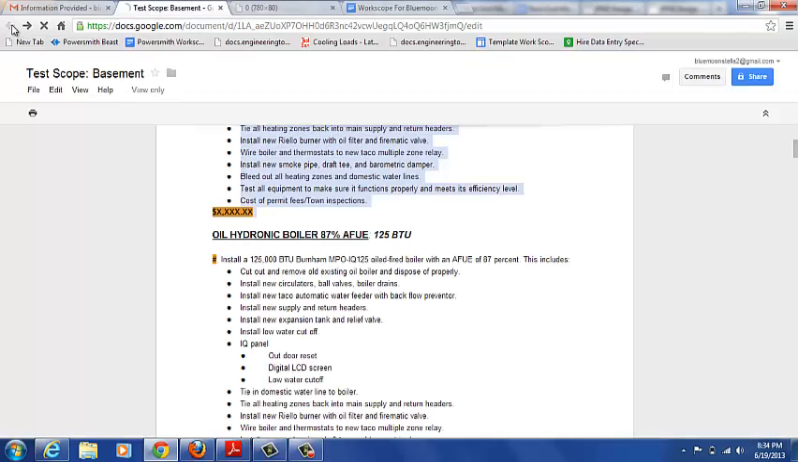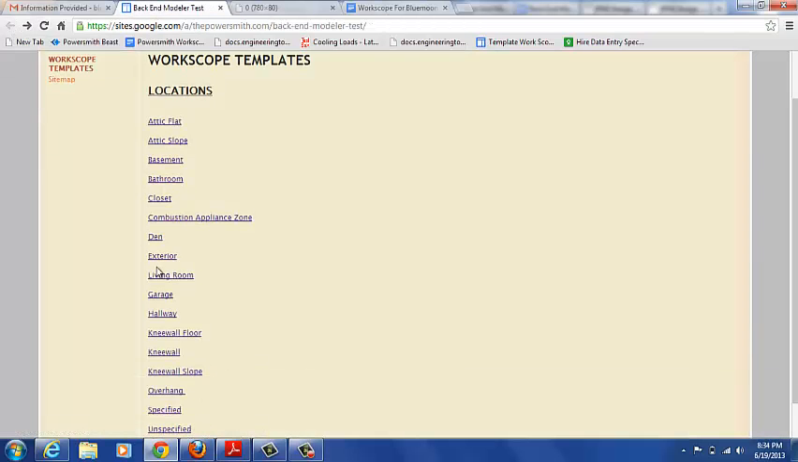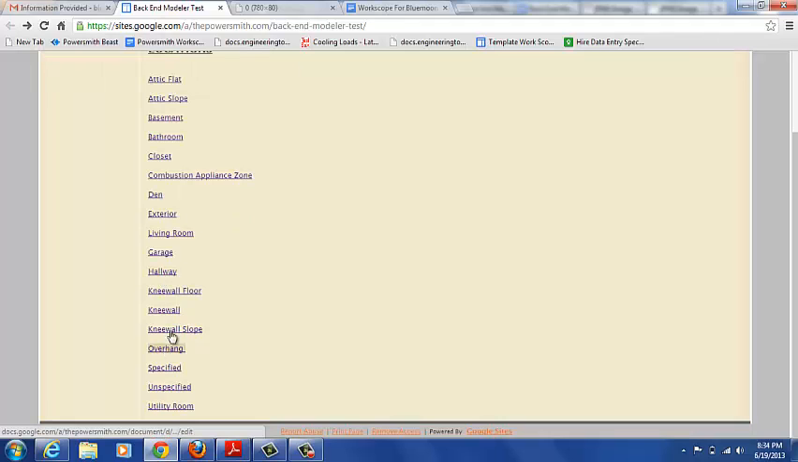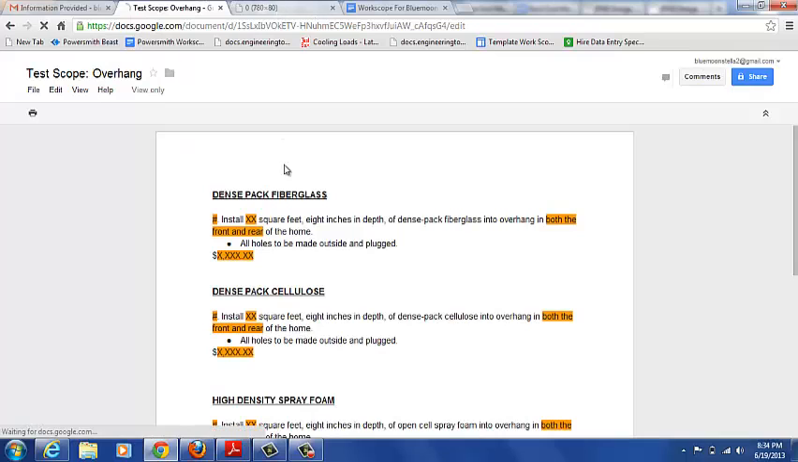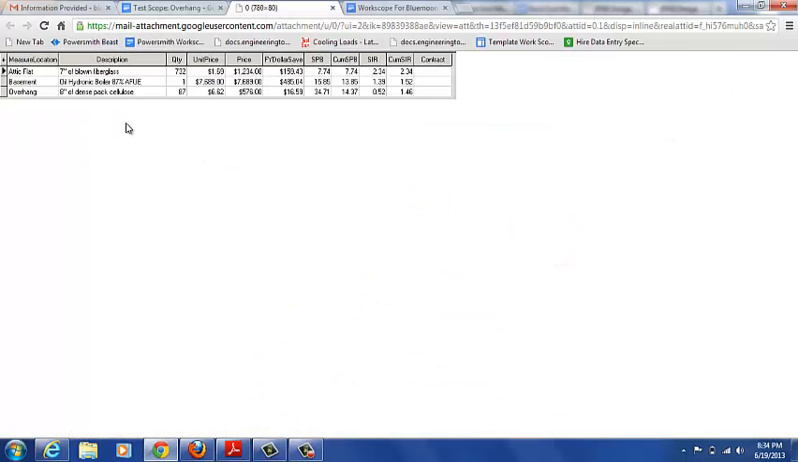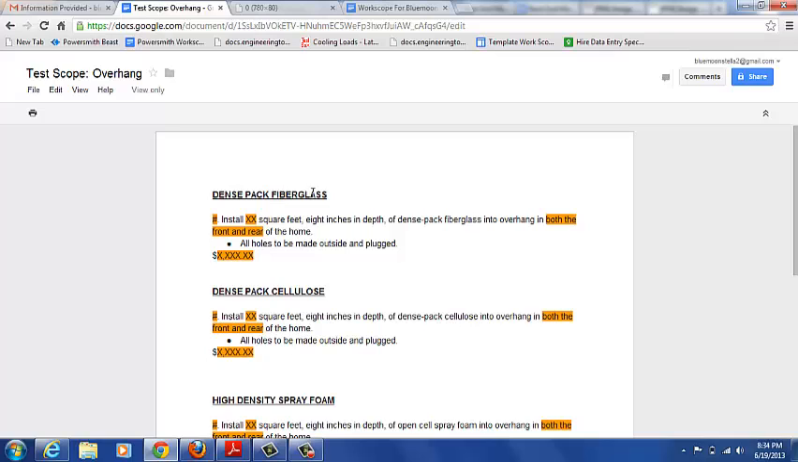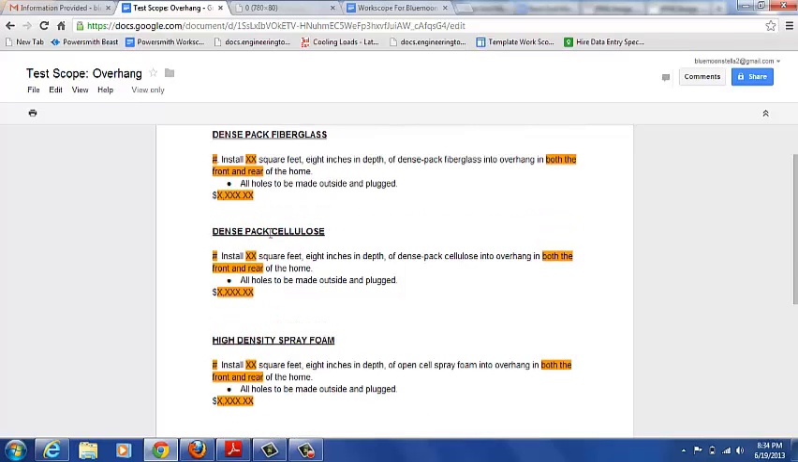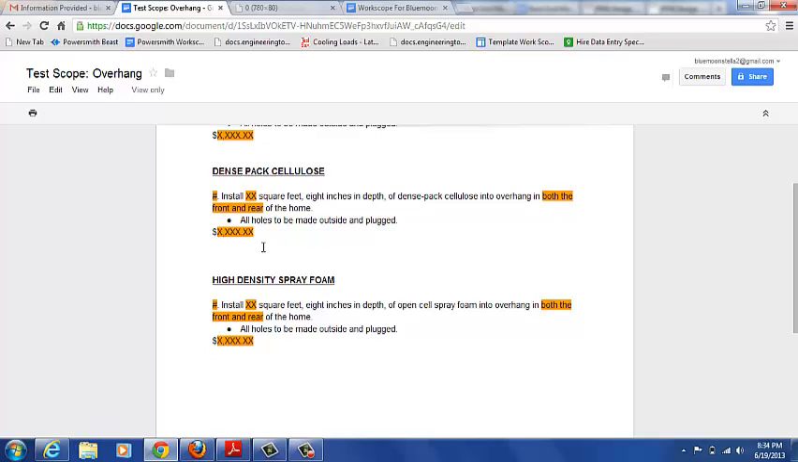So we'll click back here into the sites, find the overhang tab, or link, which is right here. And then we'll have several different options. So we'll look back in the screenshot and we'll see it's 8 inches of dense pack cellulose. So here we have fiberglass, dense pack fiberglass, dense pack cellulose, high density spray foam. It's a dense pack cellulose, so we'll take this template,